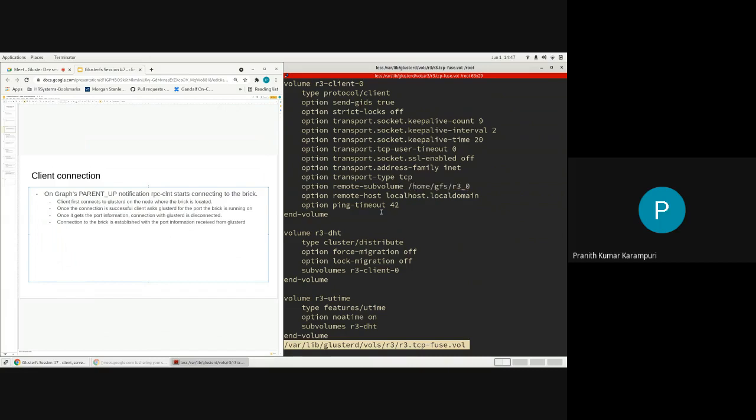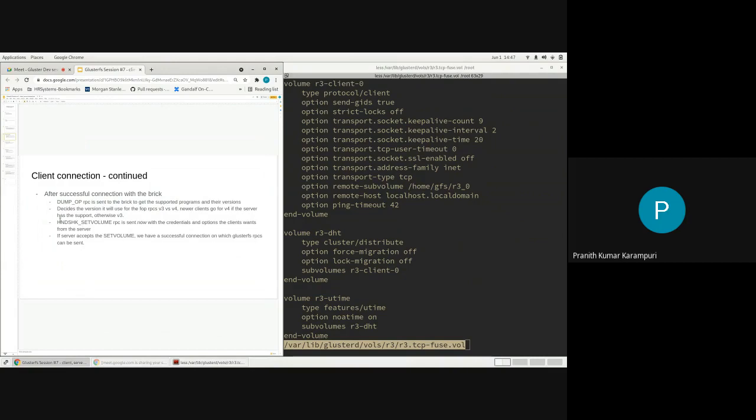Then GlusterD will send the response saying this is the port, and the client translator will disconnect from this GlusterD, then connect to this host name and the port that GlusterD has given to establish the connection. So that's what actually happens in the connection path.